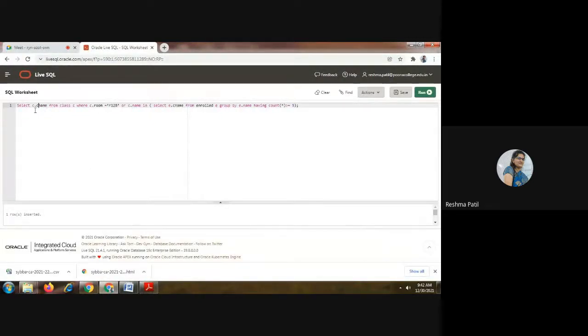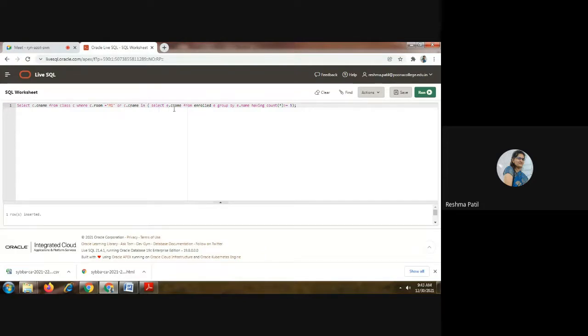So C.CNAME from class, and C is another name for this class table. Where C.room is equal to, here we can change the room to whatever value we have, for example M1, or C.CNAME in.